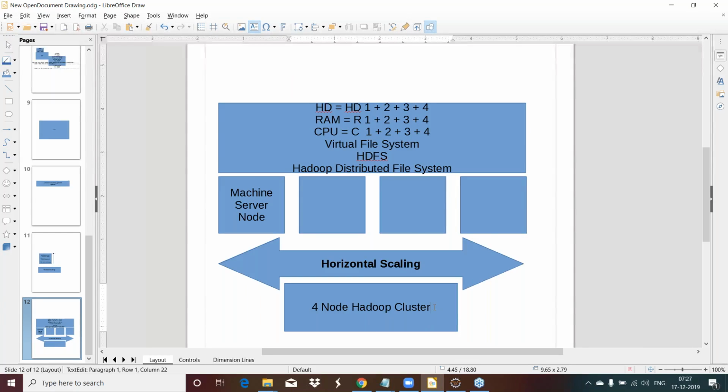I'm very sure that with this diagram and this discussion, you must have understood that the limitation with the existing system was vertical scaling, and the solution is given by Hadoop by this innovative solution called horizontal scaling, where we keep on adding the number of machines to get a truly infinitely scalable system. Why infinitely scalable? Because there is no limit on the number of machines that you can keep on adding like this. There is absolutely no limit, right guys?